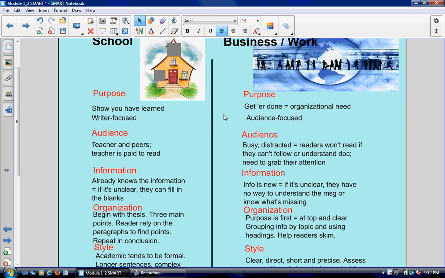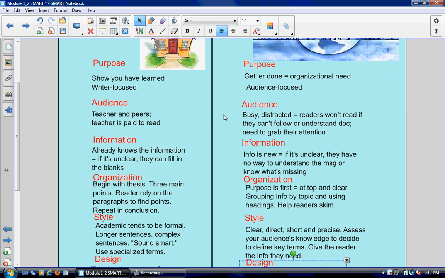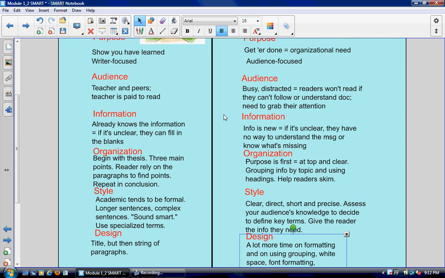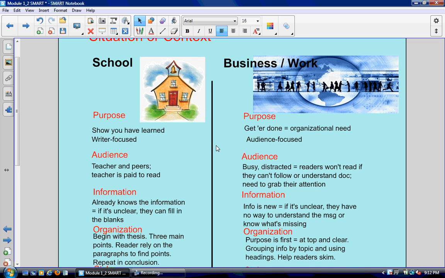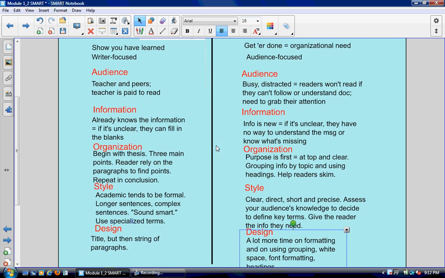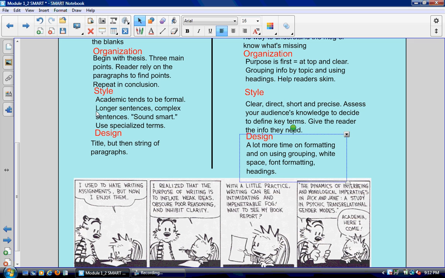In some ways, business writing then is easier for people because it's more direct. It seems to be more purposeful. On the other hand, if we've been really used to school writing, business writing can be hard because some of these stylistic changes are difficult. We're used to getting strong marks because we sound smart in our academic writing. That's going to get you low marks in business writing because you need that short, direct, clear, precise language, and that can be hard for people to switch.